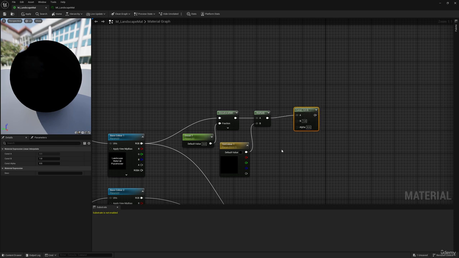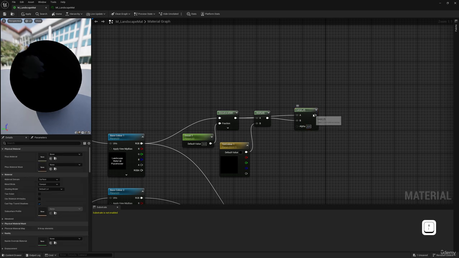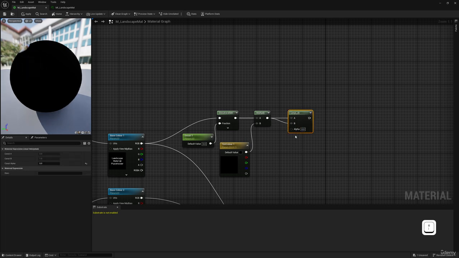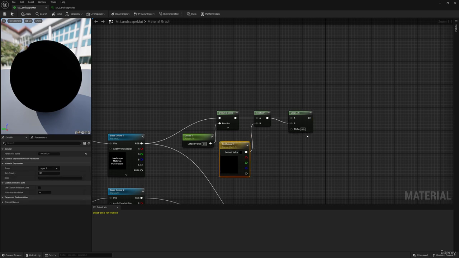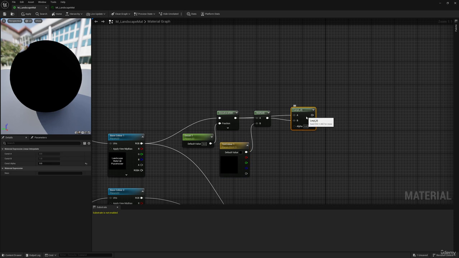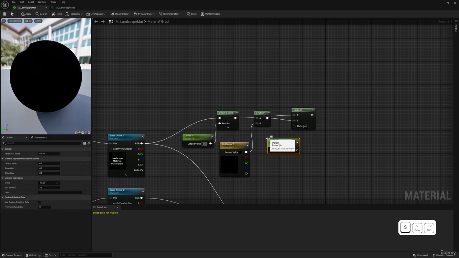So let's place it in. Let's actually place the multiply to B and desaturation to A. Therefore, if it's 0, it is not applying any of the tint, and if it's 1, it's applying full tint, and everything in between. But again, this is not a parameter, so we need another parameter. This we'll call it